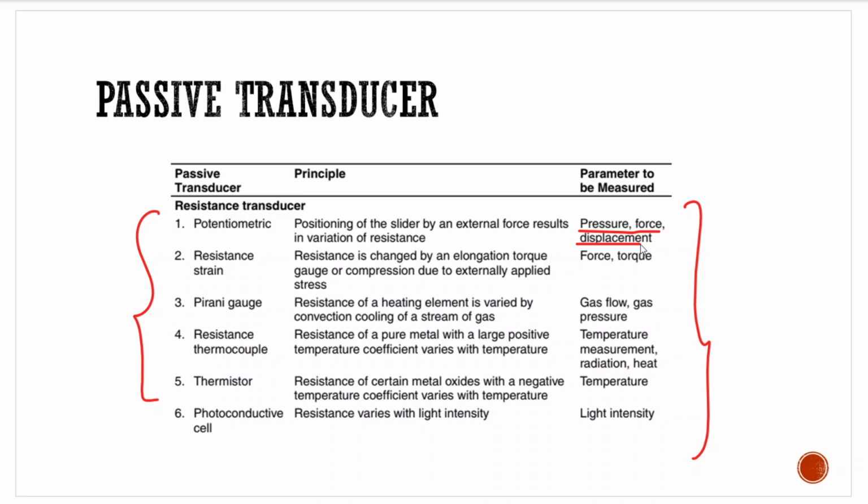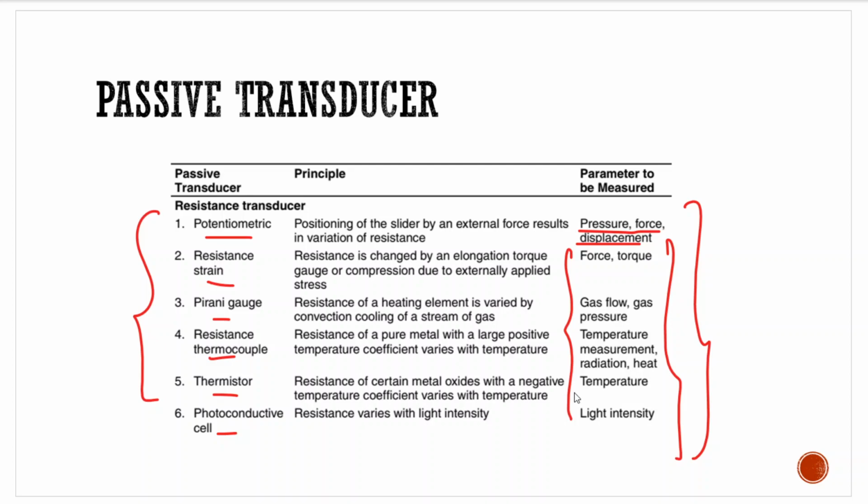Then there's a resistance strain gauge, another device. So these are different devices that are actually all measuring resistances using different principles for measurement of some non-electrical quantity. These are all non-electrical quantities specified from this side. So potentiometer simply force is applied, it varies the resistance. From this, you can actually check pressure, force, or displacement.